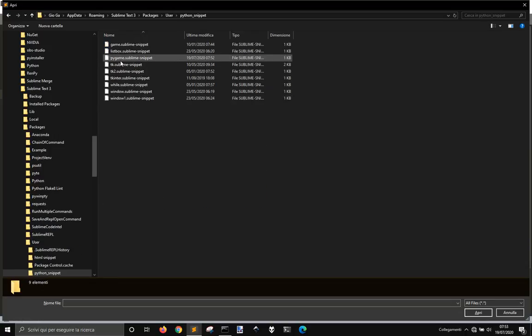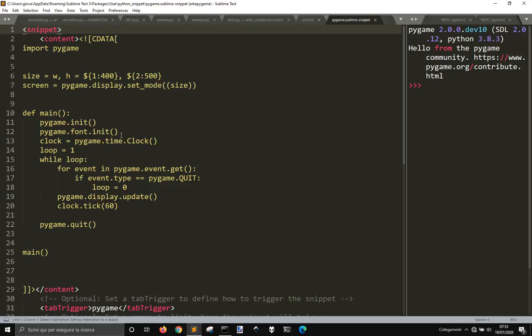Let's open Pygame again. I also want to do pygame.display.set_caption with the title, but instead of title we're going to use dollar sign and curly brackets 3, colon, and